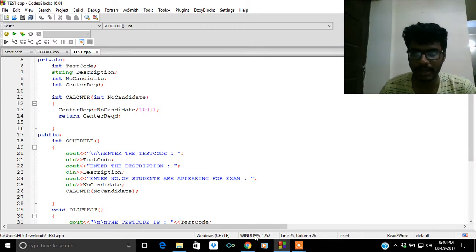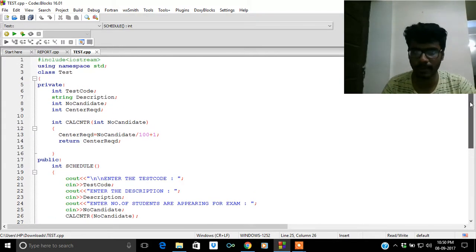Today I'm going to explain the concept of class and objects through two programs, report and test. So first we're going for the program test. In this program, I've declared the header files, and just after the header files, I've declared the name of the